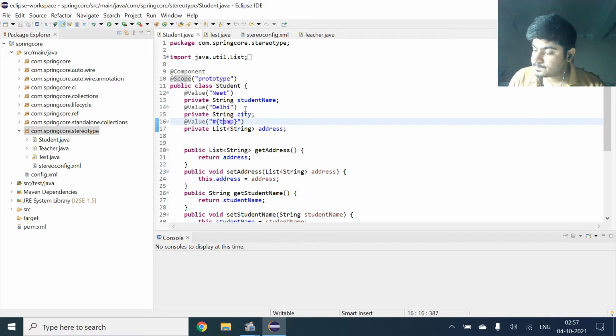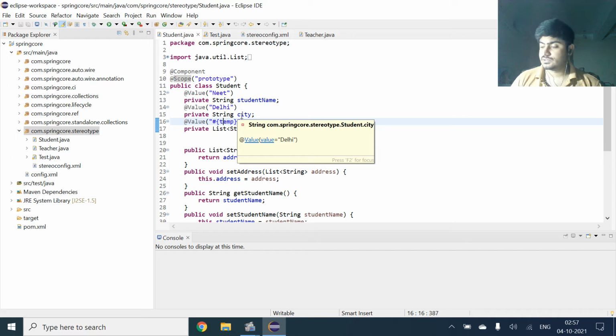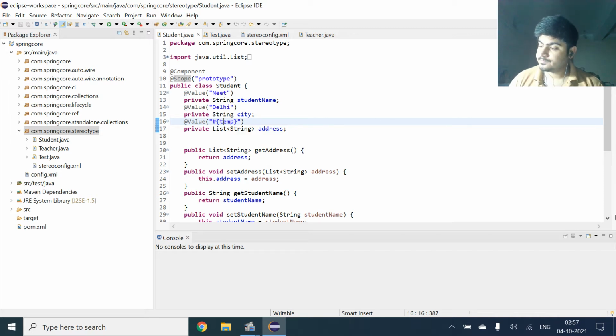With the help of expressions, we can give these values in order to pass. When we move forward, it will evaluate, parse it, and move forward with the processing.